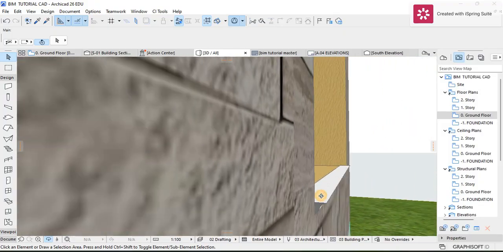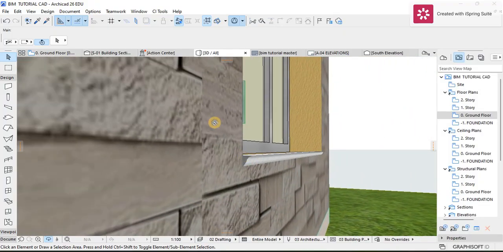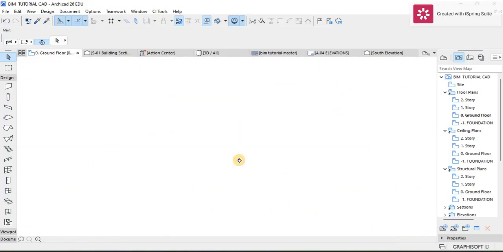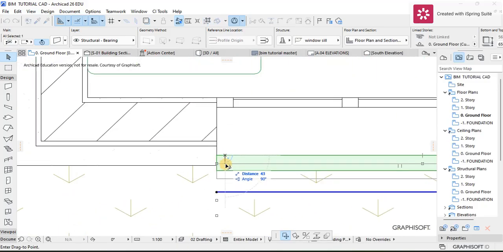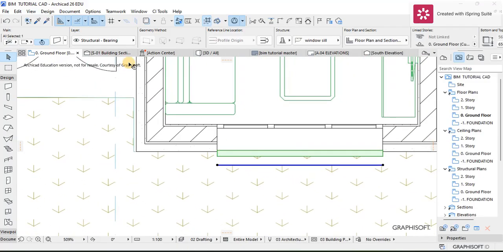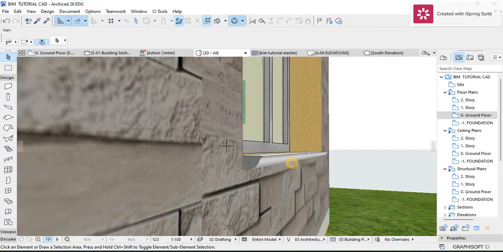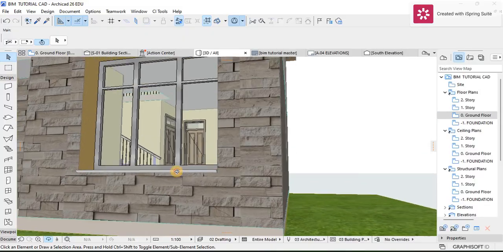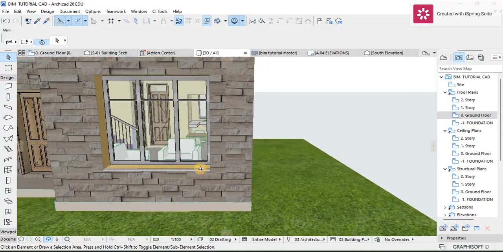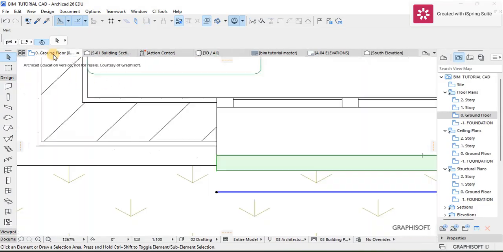It's something like this. So this is how it appears when we use our complex profiles to design it. This is actually how you can design a cornice for your building. A cornice is this ornamentation that is usually on buildings. So this is the windowsill for my window, and I can do the same thing for the other